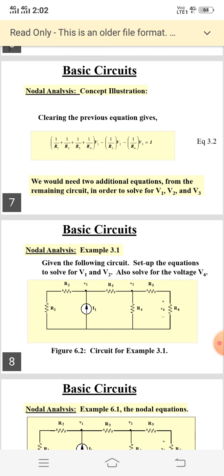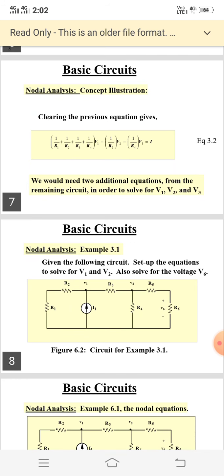Now we consider, from the given network, which resistive elements enter the node and which elements leave from this node. Here R1 plus R2 resistance enter the V1 node, so we write V1 by R1 plus R2. Plus one more resistance leaves from this V1 node, so we put the R3 resistance across this V1 node. This R3 resistance is in between two nodes, so V1 minus V2 by R3.